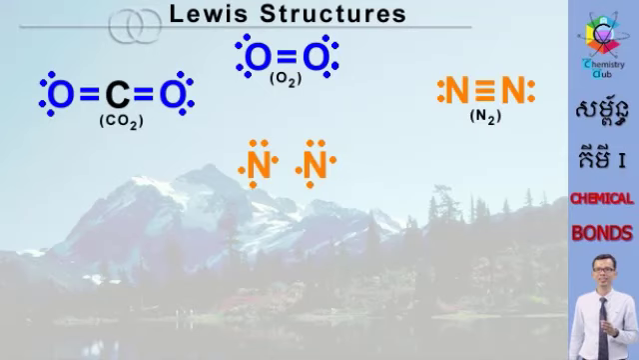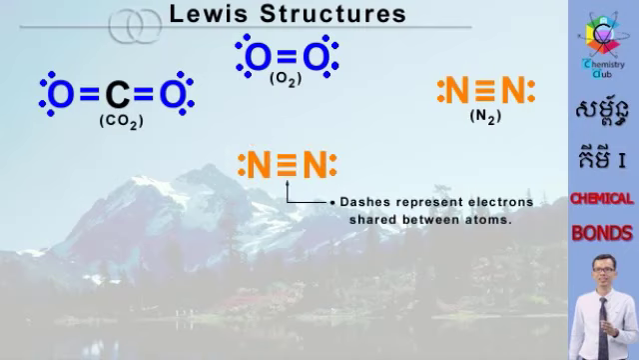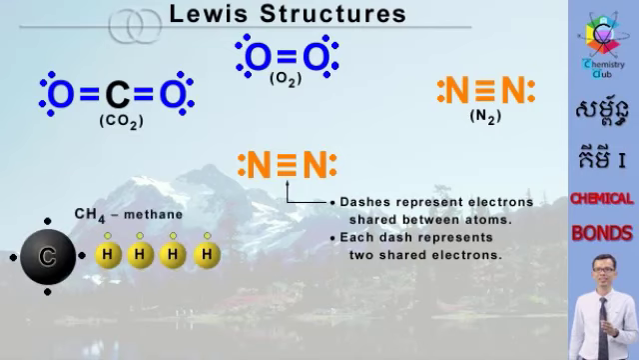To show how atoms are covalently bonded to one another, chemists often use Lewis structures. Lewis structures resemble the Lewis dot diagrams used to show ionic bonding. However, dashes replace dots in order to show that electrons are being shared. Each dash represents 2 shared electrons in a bond and counts as 2 valence electrons in each atom's valence shell. Using methane as an example,